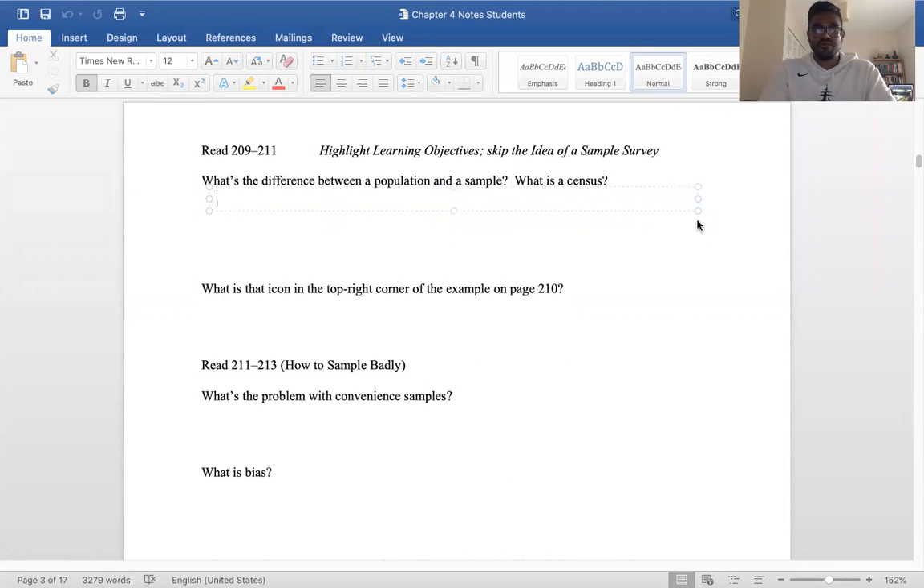So the first question is, what is the difference between a population and a sample? What is a census? So we're in a census year right now, which is kind of cool. That kind of ties it all together. But first of all, a population is the entire group of individuals we want information about. So for example, everyone in Dexter High School would be a population of all Dexter High School people. And a census